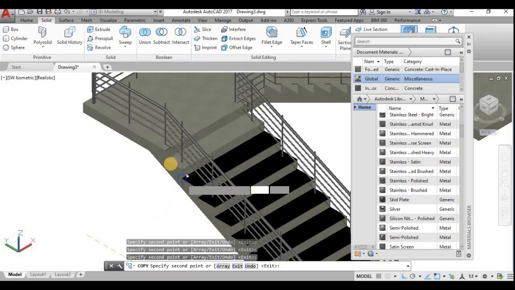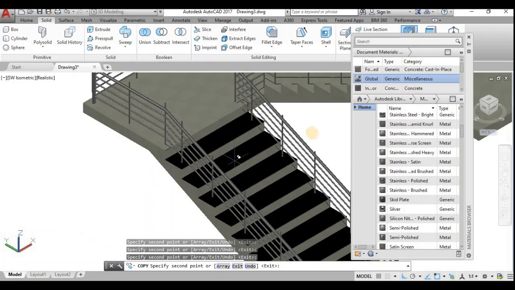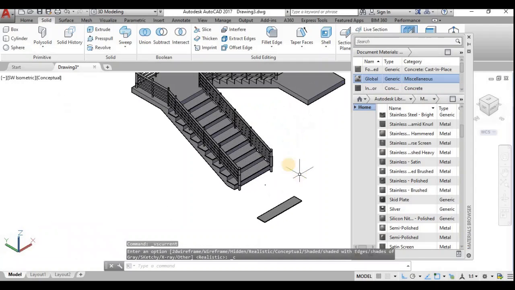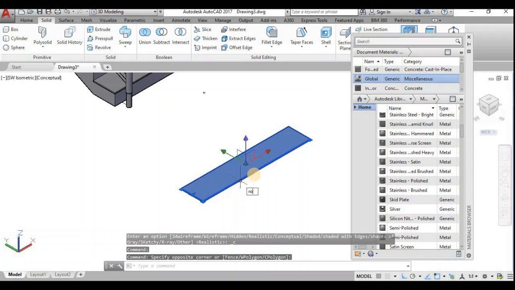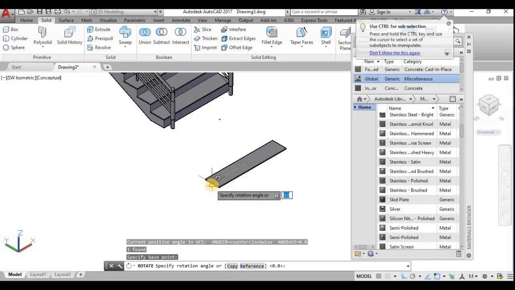There is difficulty while modeling in the realistic view, so I shall convert this to conceptual. Now I will rotate this through 180 degrees.